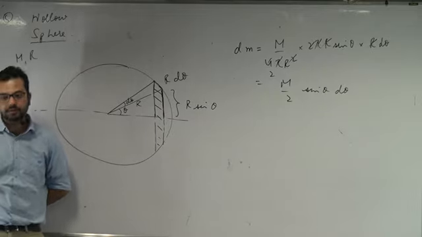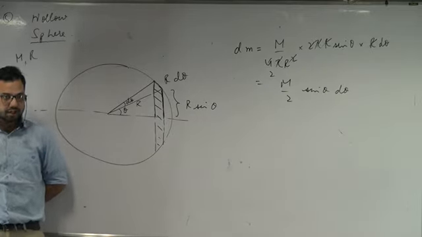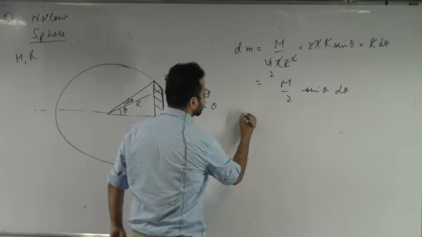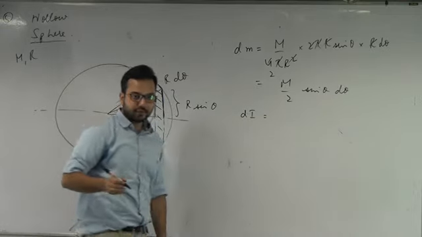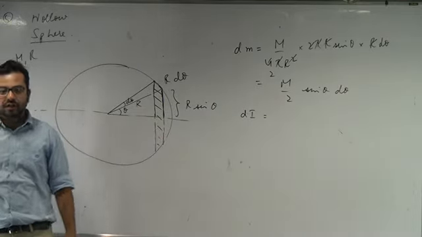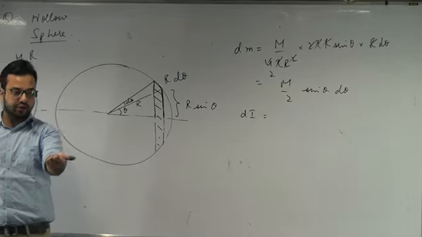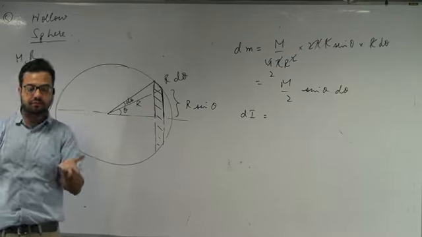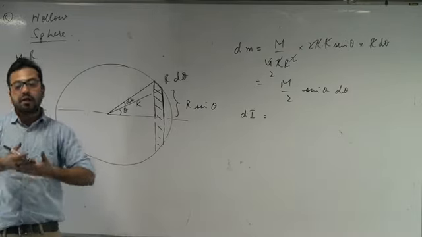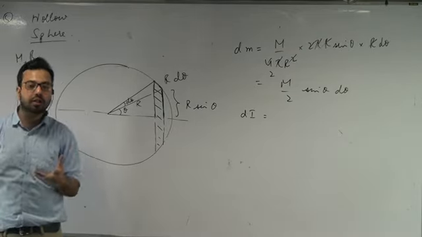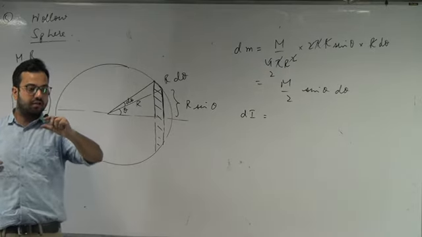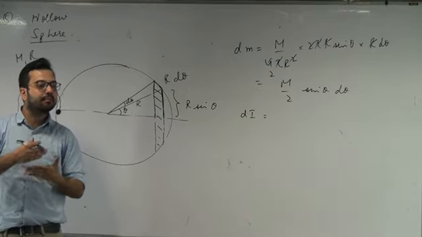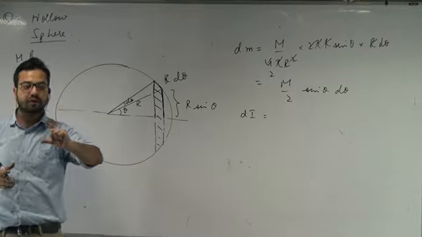What is this matlab? This is a ring. How do you find the moment of inertia of the ring? dm into uska radius ka square, not capital R. Capital R is the radius of the hemisphere, no sorry, the sphere. ठीक है, we need to find out the radius of what? Of that ring. Mass of the ring multiplied by the radius of the ring to find the moment of inertia